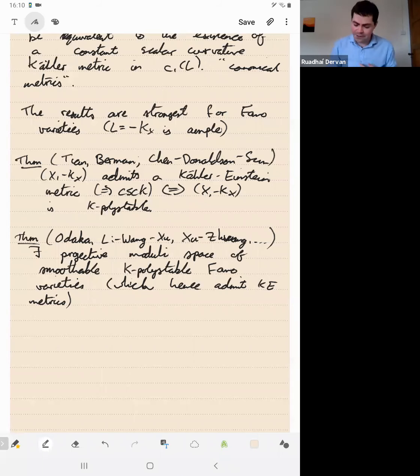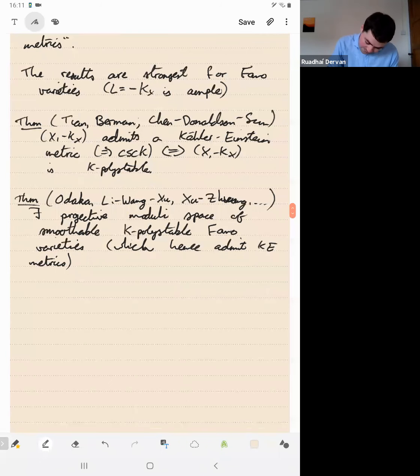Just to mention beyond the Fano case, another case where this is all well understood is the case of Calabi-Yau varieties or canonically polarized varieties. Many algebraic geometers are very seriously interested in moduli spaces of canonically polarized varieties. These are the KSBA moduli spaces, and similarly for Calabi-Yau varieties. A result of Odaka actually says that Calabi-Yaus and canonically polarized varieties are automatically K-stable. So these also fit into this general theory of forming moduli spaces of K-stable varieties. In general, there are many, many partial results. I'll only mention one because this will be important later.